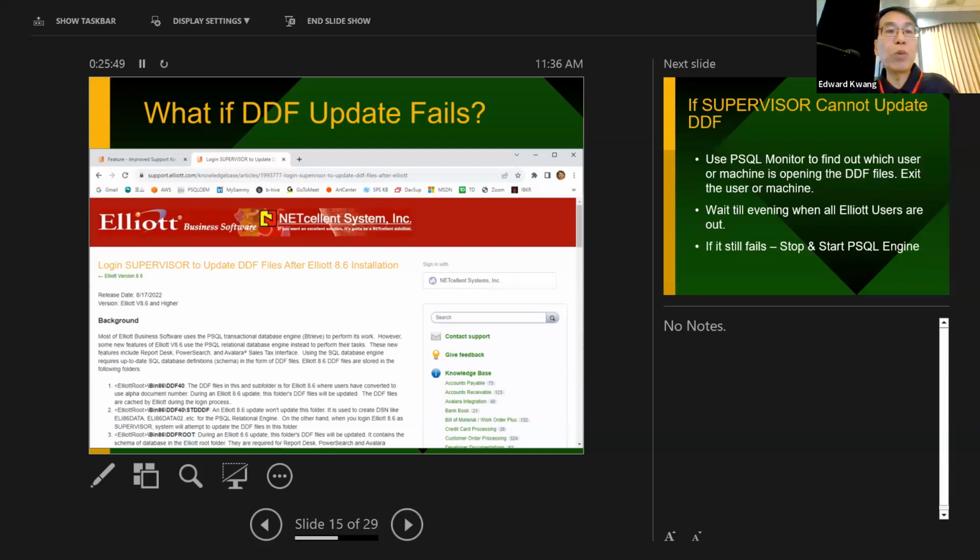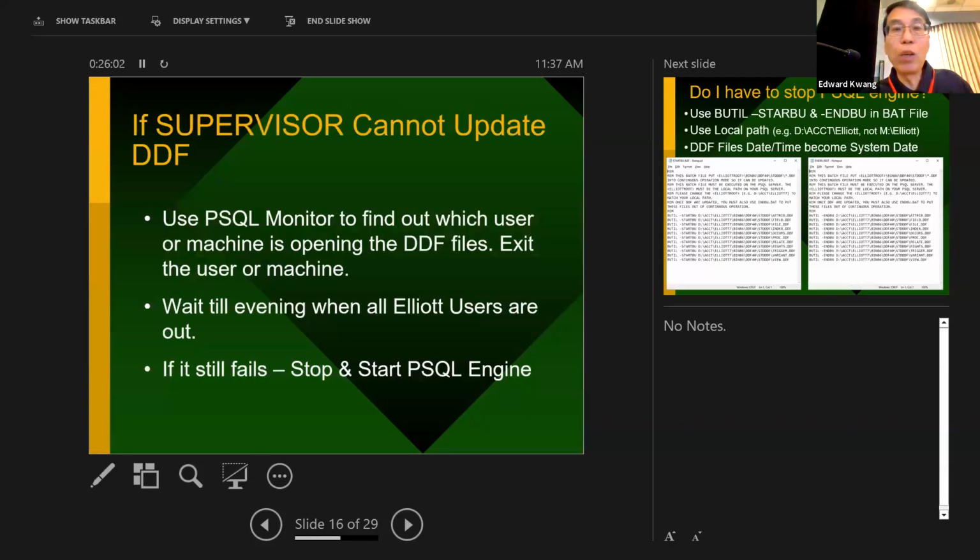We actually even wrote a knowledge base article about this. It says, okay, when you log in as a supervisor after your Elliott 8.6 DDF installation update, and maybe you get this message, what do you do, right? And according to that document, basically what you can do is,